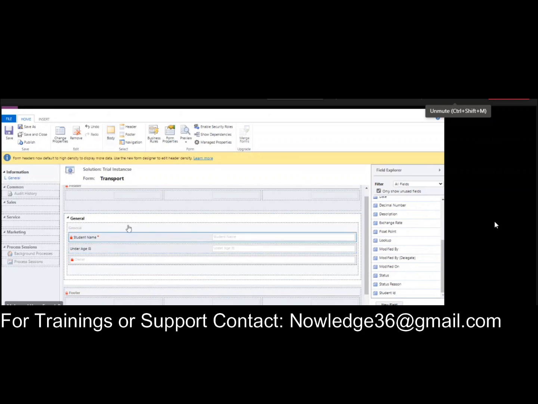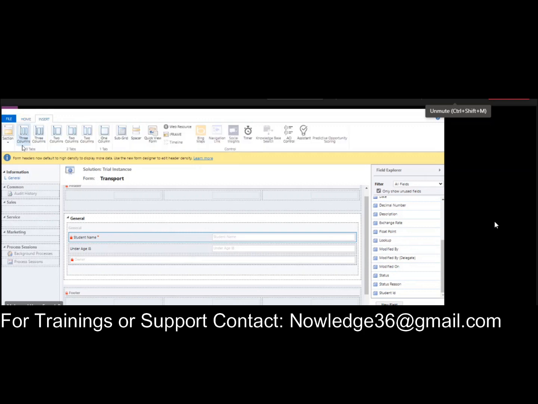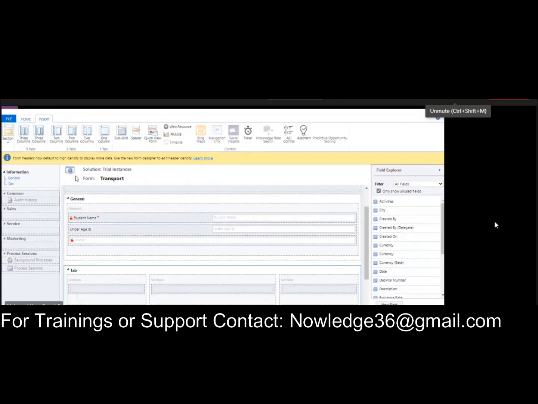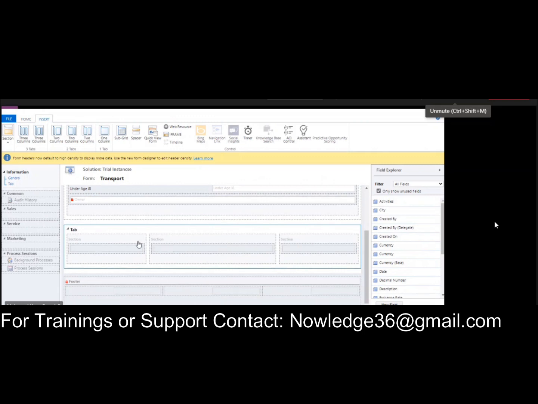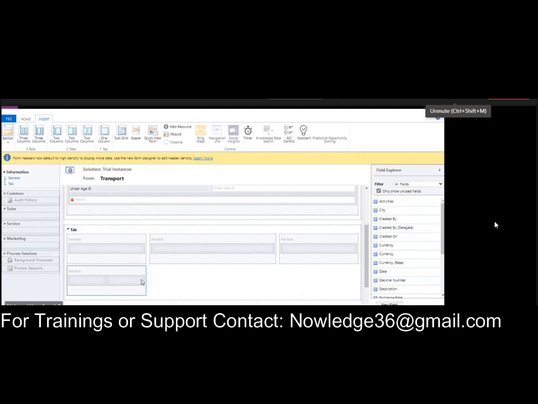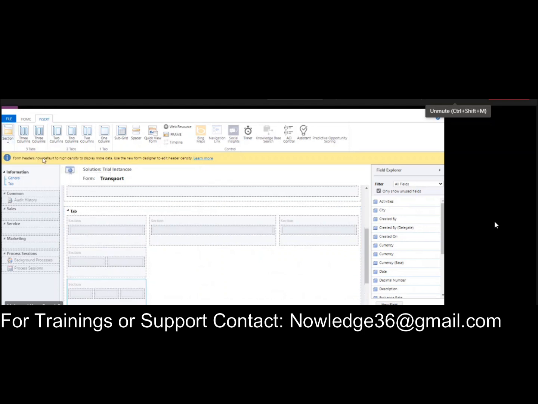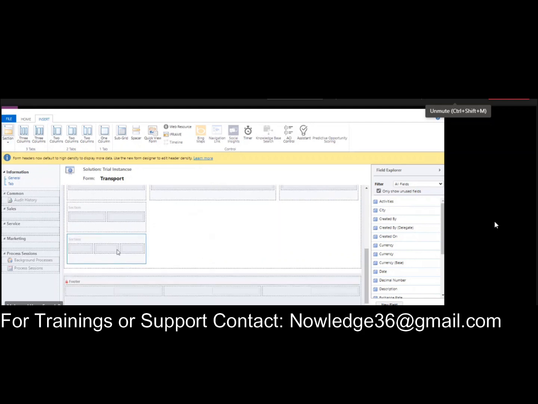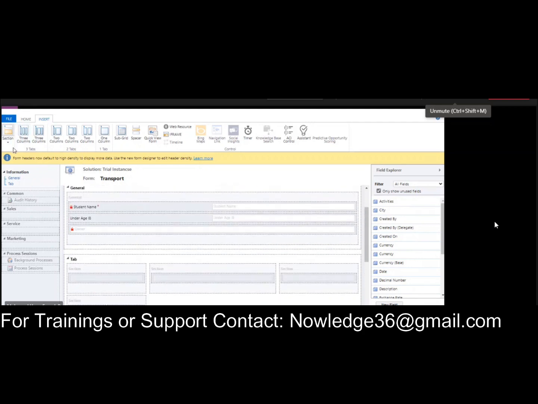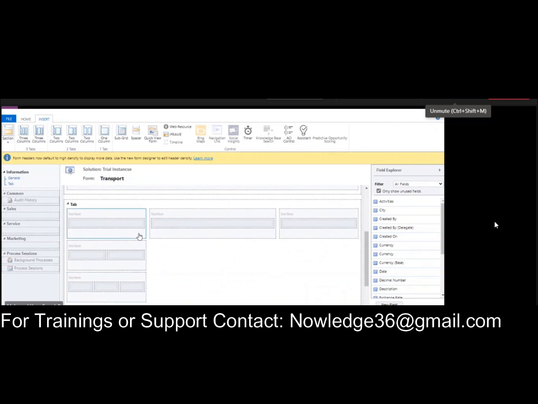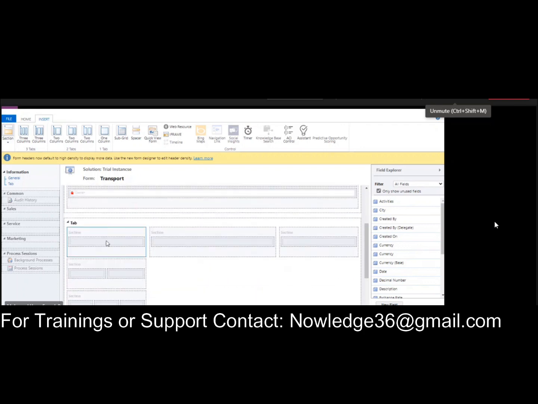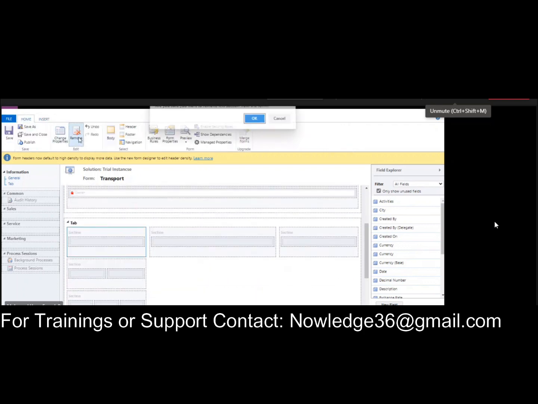If you want to add a layout, click insert and choose columns: the 3 columns method, or the 2 columns method. If you don't need this tab, just go to the home and remove it.